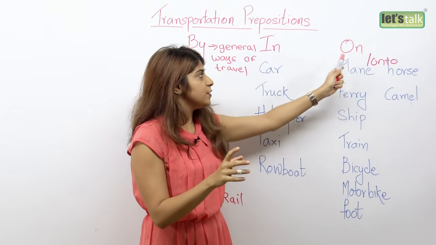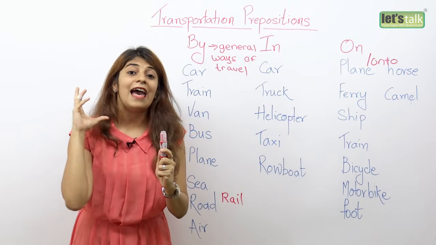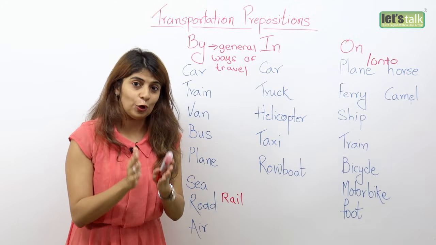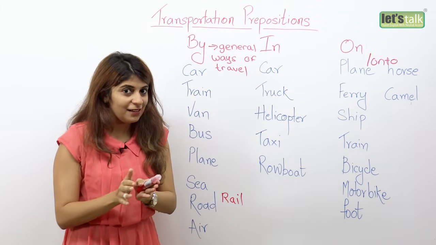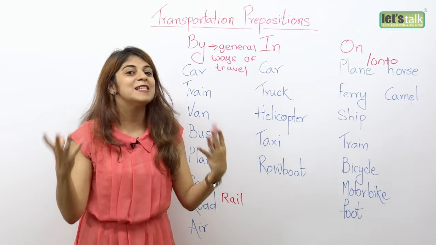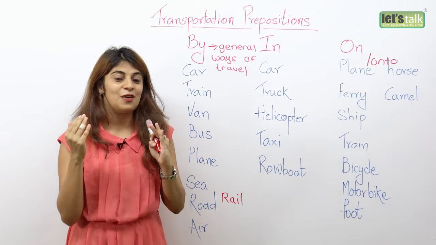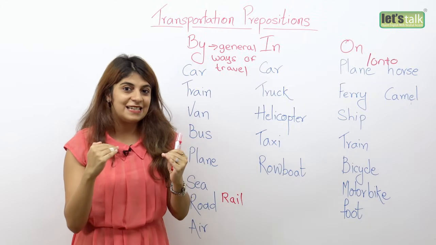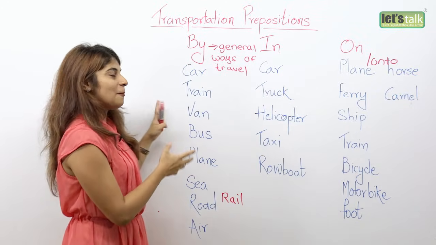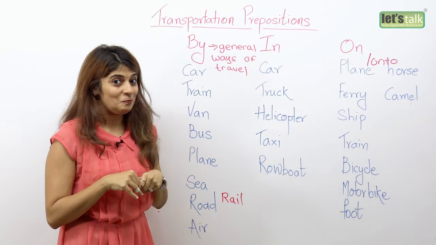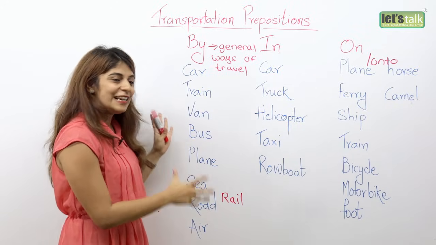So it's going to be the preposition on for talking about specific vehicles wherein you can stand and walk while in motion. You use on. And you will use the preposition in when you are again talking about specific vehicles. However, you cannot stand in these vehicles, okay? You have to get inside and sit in these vehicles. So you're going to use the preposition in, and you would use the preposition by when you're talking in general about travel. Got that? So hope this is clear to you.